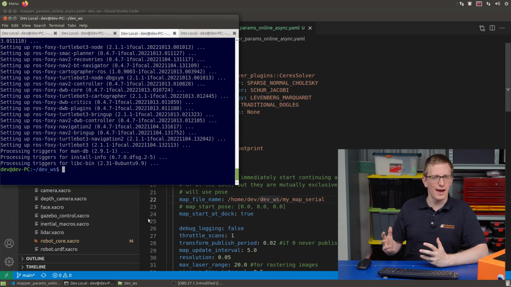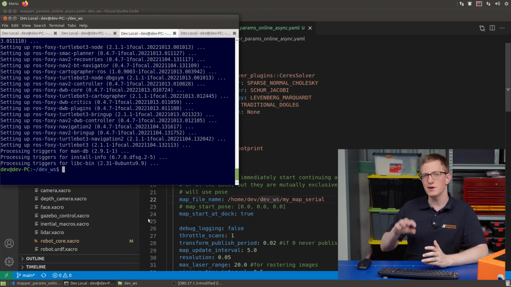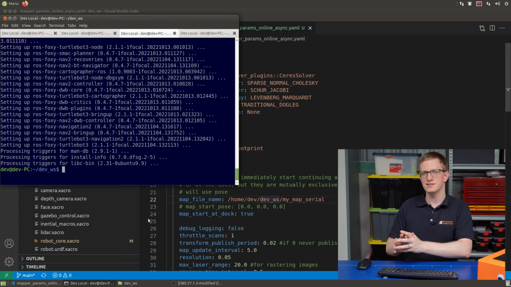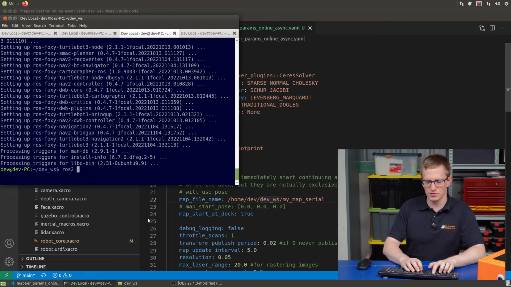Actually running the nav2 AMCL is a little bit clunky, and so it comes with a launch file, which is very helpful. And we're going to use that in the next video, but this time we're going to do things the long way. It's a little bit more difficult, but it'll help us to understand things a bit better. So the first step of this is that we're going to run a map server. So that's a node that's going to take that map file that we've saved and make that available on the map topic. So to run that, I'm going to type ros2 run nav2_map_server